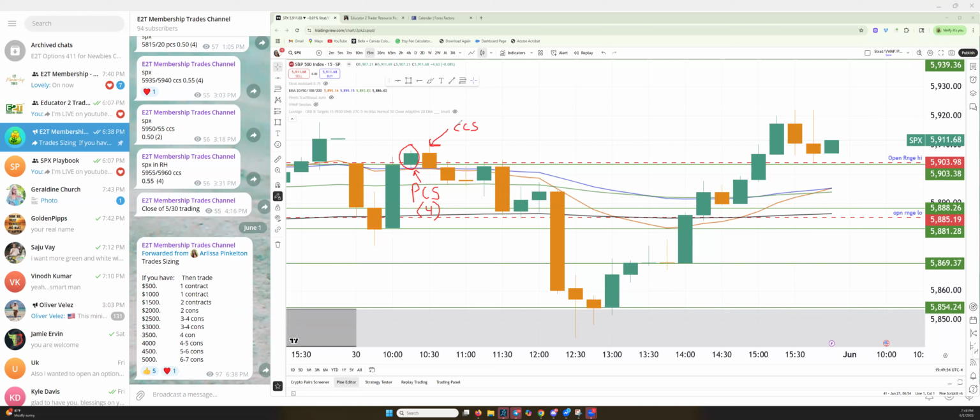I was engulfed in the engulfing candle. This would have been a great place to put on a call credit spread, because we would have got above all this and we would have been fine. But I was caught up. This would have been a good call credit spread place. I didn't do one, so I'm crossing that off because that's not what I did. So price came down,